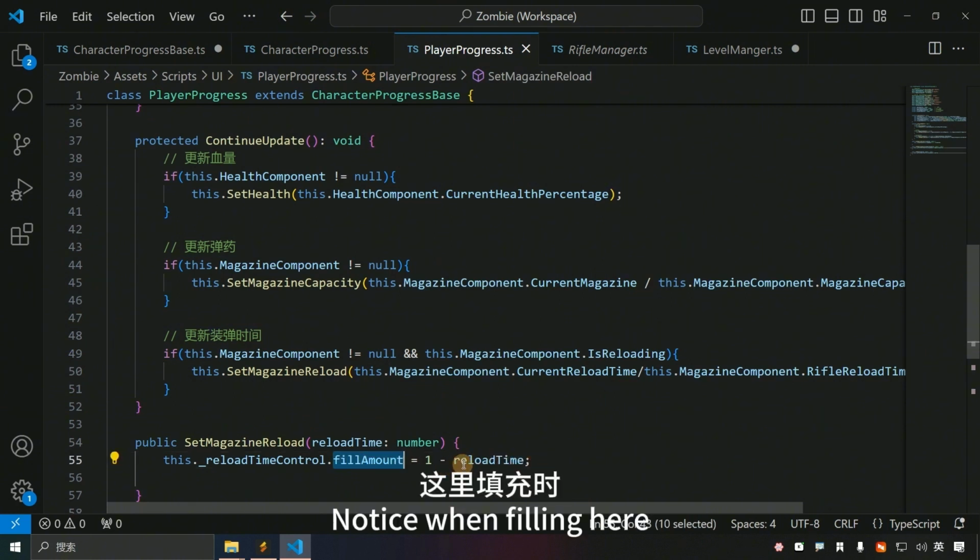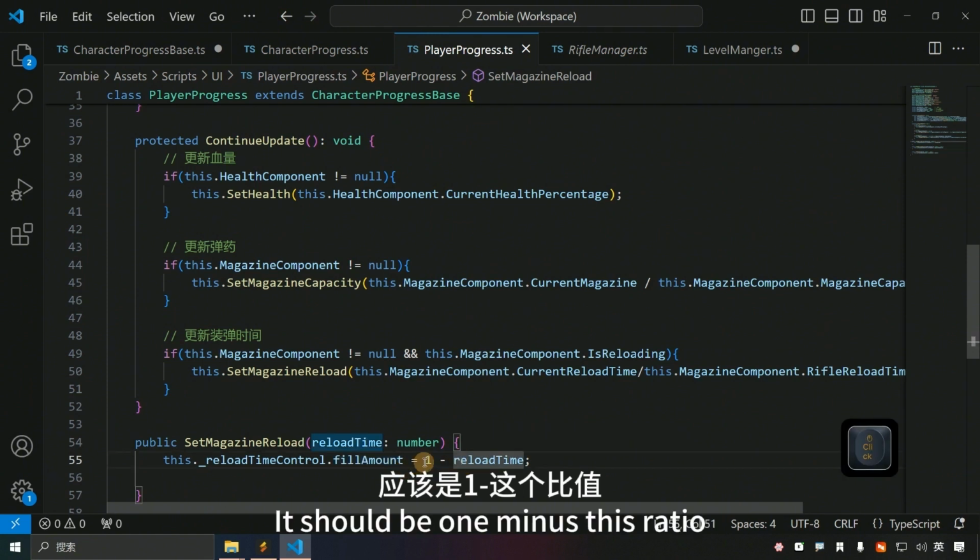Notice when filling here, it should be 1 minus this ratio,